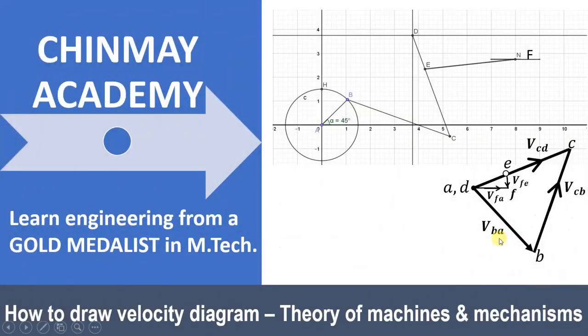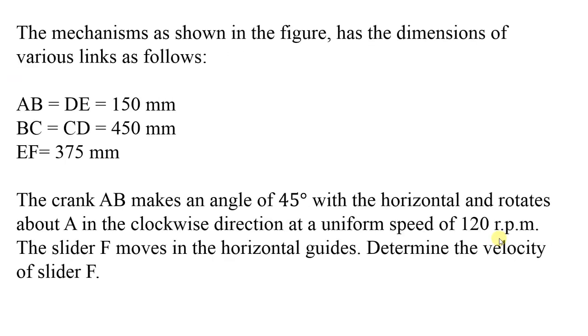In this video, we'll try to understand how to draw a velocity diagram in the case of a complex mechanism. So the problem statement is given over here and the figure is also given. The dimensions of the various links are AB is equal to DE is equal to 150 mm, then BC is equal to CD is equal to 450 mm, link EF is equal to 375 mm, then crank AB, it